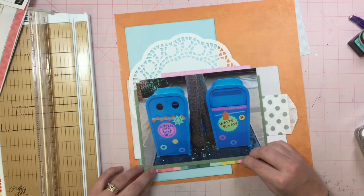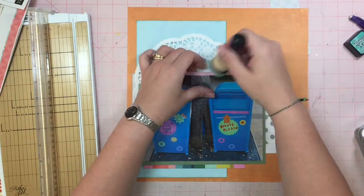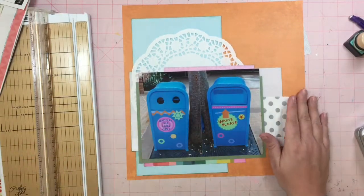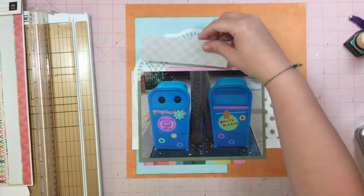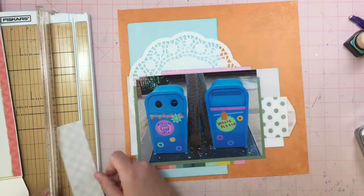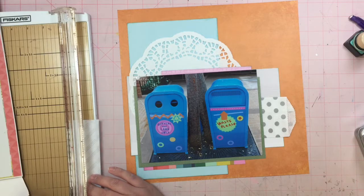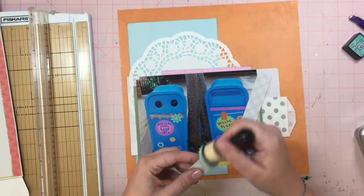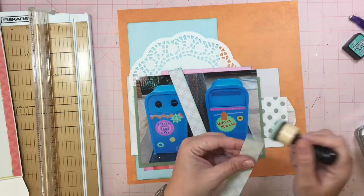But instead of finding something for the edge of that blue paper, I find something to just add to the bottom of the layers right there. And I decided that that little pink part needed a little bit of extra definition, so I just used my distress ink that I already had out and inked it up. Now I'm going to go ahead and use this little plaid bit, and that is going to be the edge of my blue paper. And I'm going to ink this up as well,